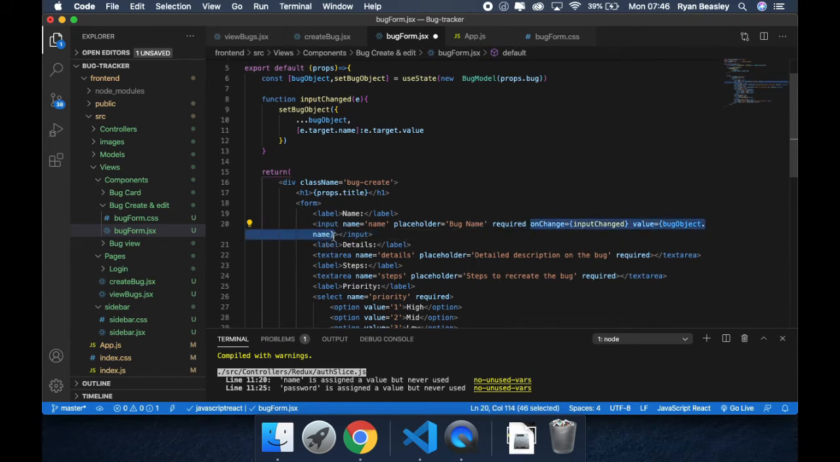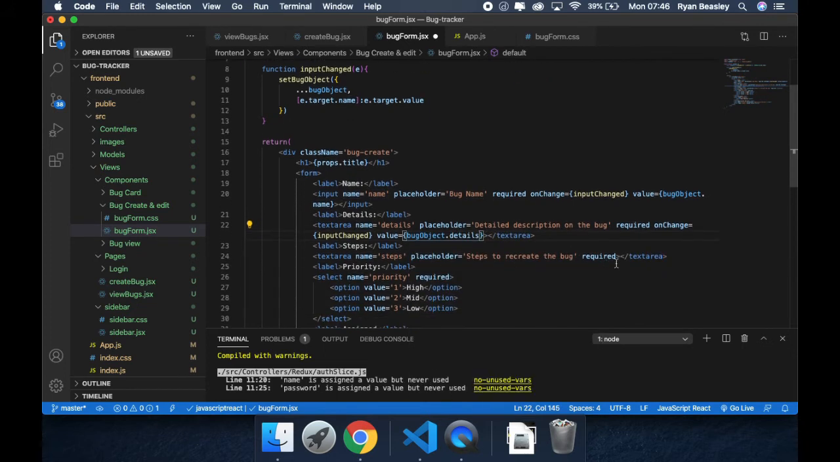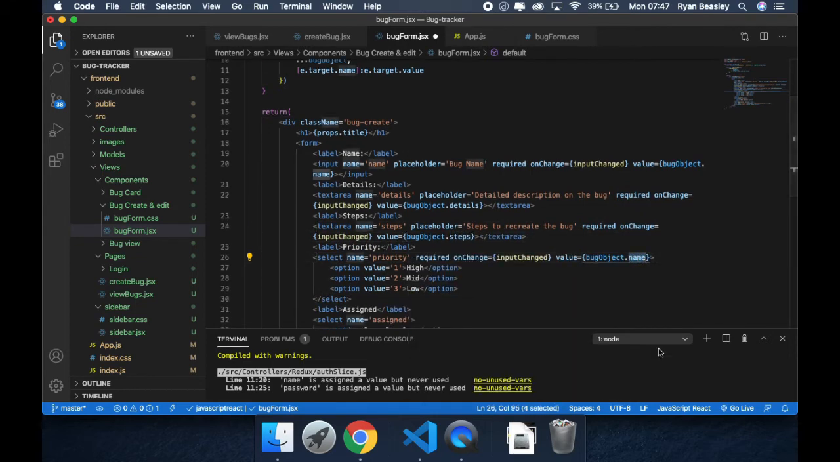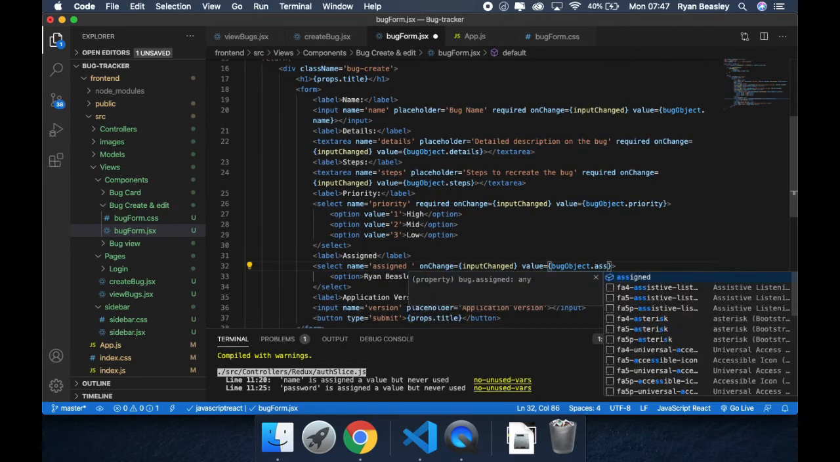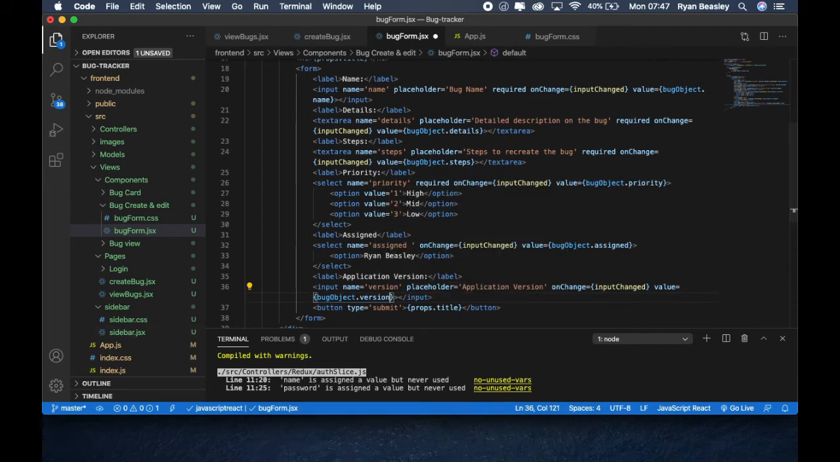and I'm going to copy and paste this, so I don't have to type it on all of them, and we'll do it on the text area, which is details, steps, priority, assigned, and the last one, app version, and that'll be version. So if we save that,